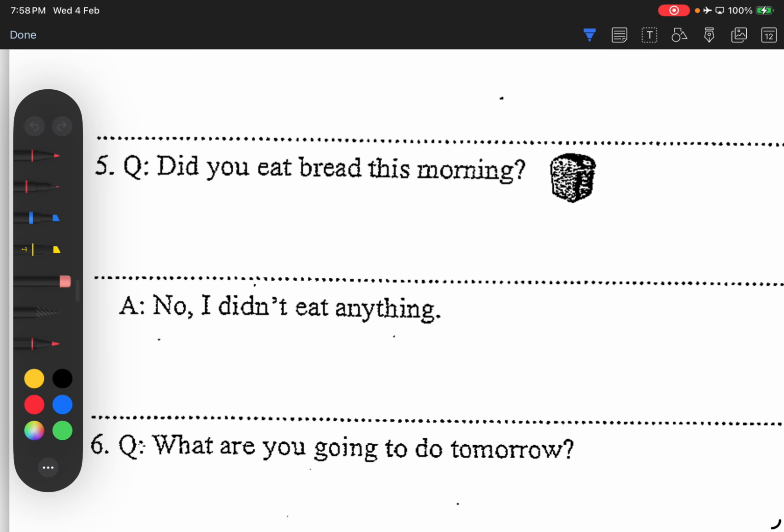Anything. Yeah. I have to use the mo particle, right? So, いいえ何も, yes, you're right. Give me a chance. Yeah, he said the answer. You hear that? 何も食べませんでした。